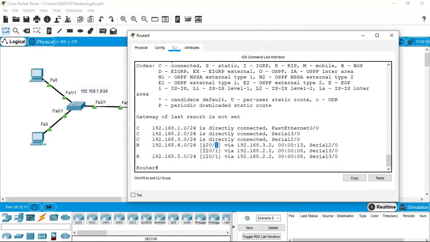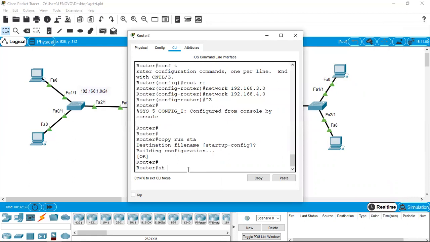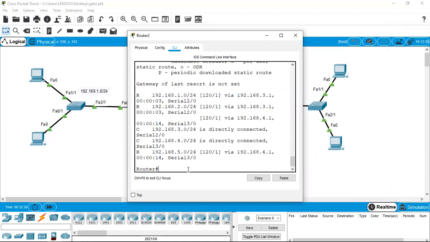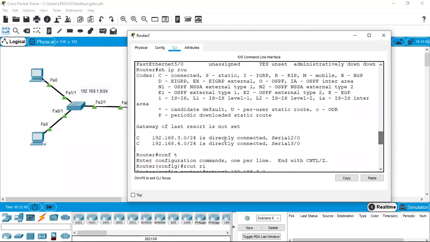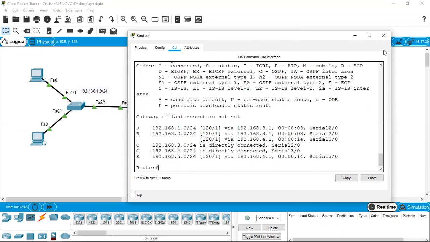You will learn about this administrative distance when you learn in detail about the routing protocols. And this also talks about the freshness of the routes. So after a certain amount of time, these routes will be flushed off, and then the RIP process will continue to find out the new routes. So this router has got 5 routes available now. I can check whether this has got, yes, it also has got 5. Earlier it had only 2 routes, that is 3 and 4. Now it has got 1, 2, 3, 4 and 5.